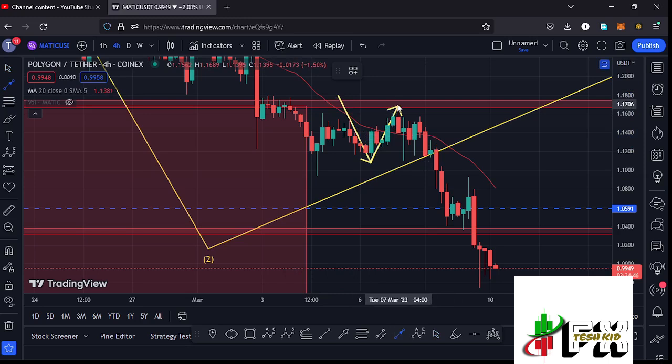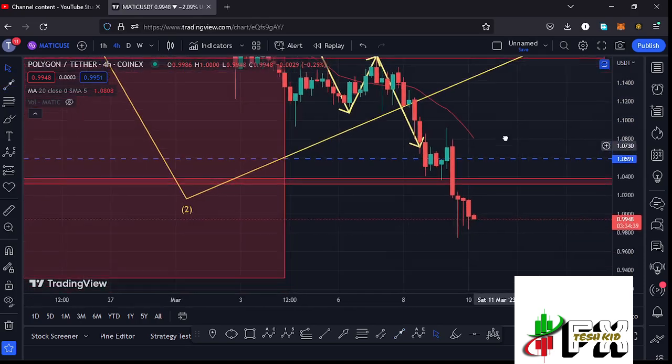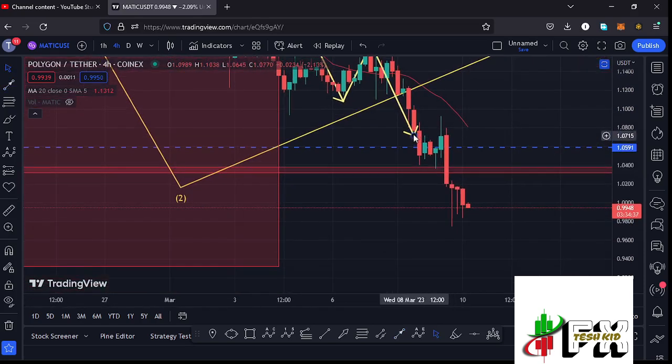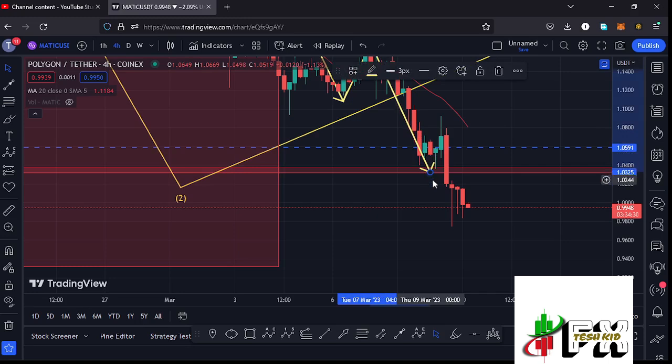Then we have continued with the breakdown in a move that has now given us a break below the 20-day MA here on the 4-hour chart, which is now acting as resistance. The breakdown continued, and we have also lost another key significant support area at around the $1.03 mark, and at the time of this recording Polygon Matic is trading below the dollar, and we have also made a low at